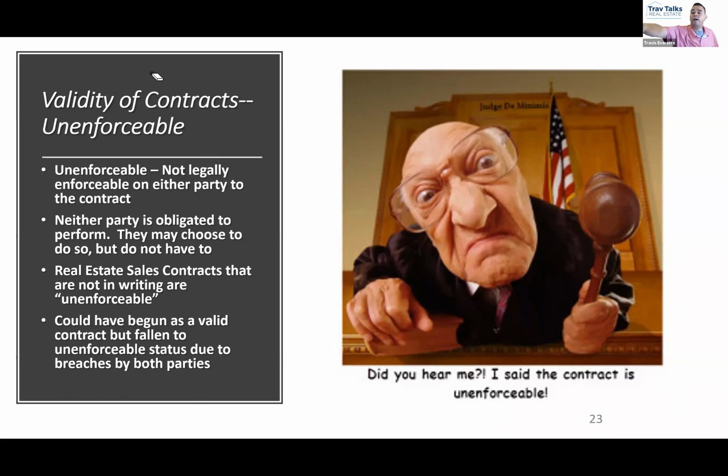So go back to our contract between Aaron and Elizabeth. We had a valid contract in the beginning. Aaron refused to replace the roof. We went from valid, we downgraded to what? Voidable. Elizabeth says, well, if you ain't replacing the roof, I sure as hell ain't closing. Has Elizabeth also breached the contract at that point in time? Yes. We slid one more step down the ladder. Right. Now it's unenforceable.